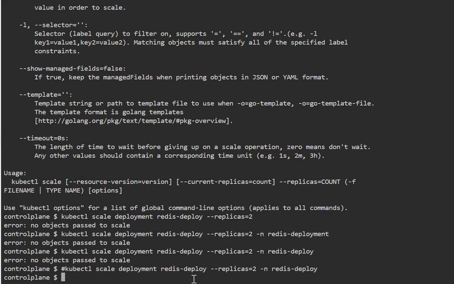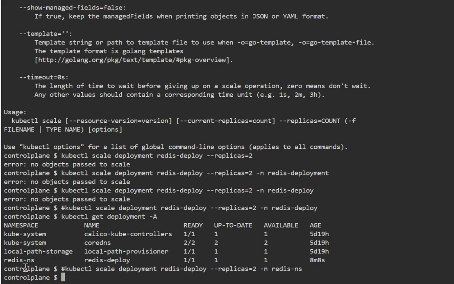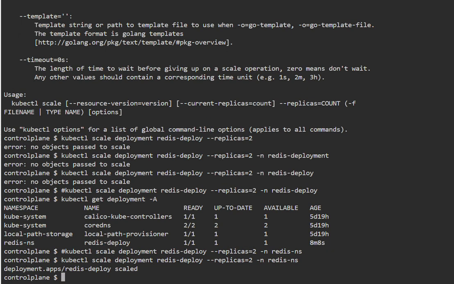We need to find out kubectl get deployment, which are the deployments, right? So the deployment name is redis, and the namespace is redis-ns. Yeah, so we were typing the namespace name wrong. So you have to type in the correct namespace,